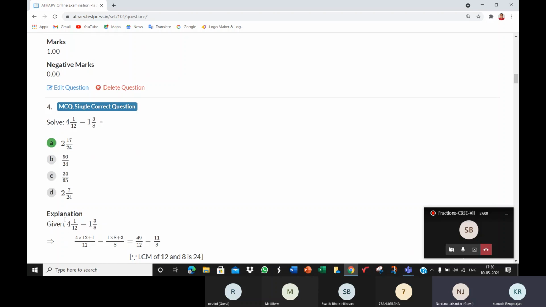See, how do you write 4 1 by 12? Please disable your mic. 4 1 by 12 is 12 into 4 plus 1. See that here? 12 into 4 plus 1 by 12. This is that conversion, converting a mixed fraction to an improper fraction. 12 into 4 or 4 into 12, I told you both mean the same. So 12 into 4 or 4 into 12 plus 1 divided by 12 minus